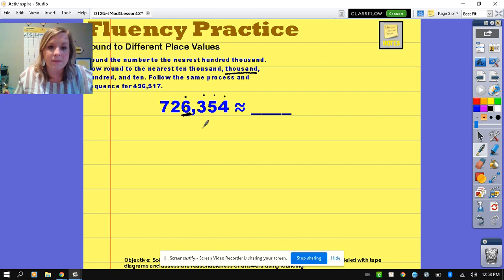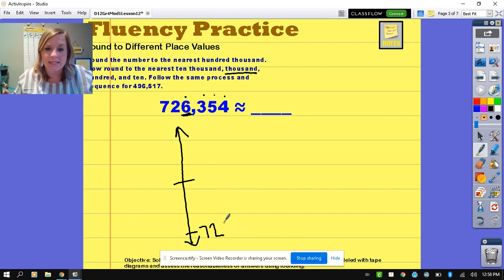Now, I shouldn't say stopping because then what I've seen in the past is that my students only round this 6,000. We don't lose this 720 that starts there. So what I mean by that is I'm going to draw my lines again. There's my midway point. So my 720 stays the same. This 6 is telling me that it's going to be between 726,000 and then 1,000 up from the 6 is going to be